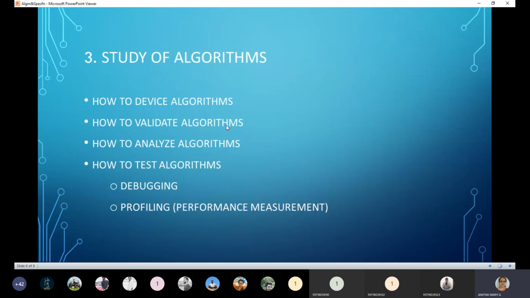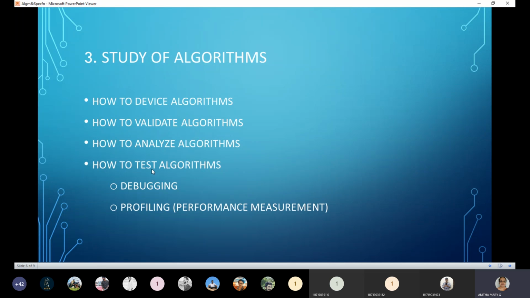Then moving on to validate. How exactly are you going to validate? It should give the correct results for all the correct, legal inputs, not for incorrect or illegal inputs. For legal inputs, it has to give the correct solution. That's how we validate. Then analyze, which comes into the picture when it is about computing and storage time.